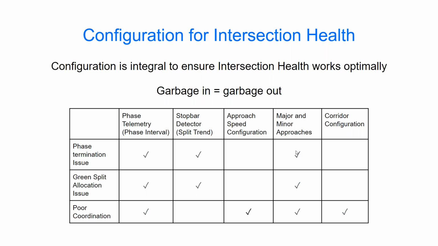So this is an option that you can add in on the approach configuration page, making sure that you put in the expected speed of the road in there, so you can really understand the progression or the expected travel time of those vehicles. The major and minors, obviously, to understand which direction along the major, if that's the coordinated path, making sure that's configured properly. And then ultimately, it's actually set up as a corridor and configured in TrafficLink. So even corridors are a very important one.